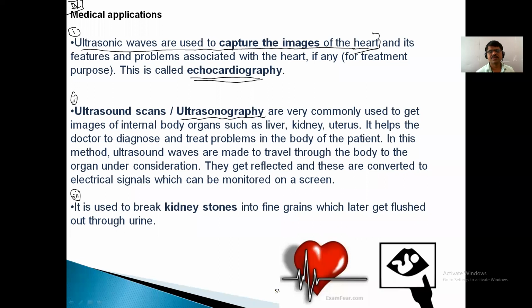This ultrasonography is used to get images of